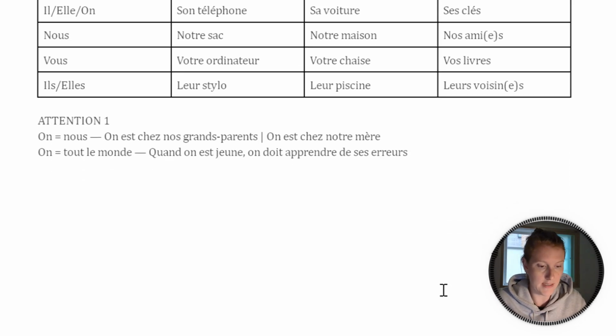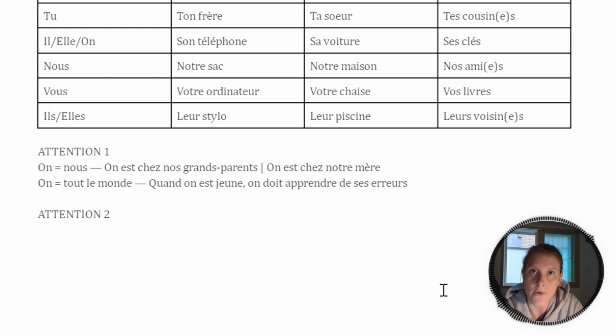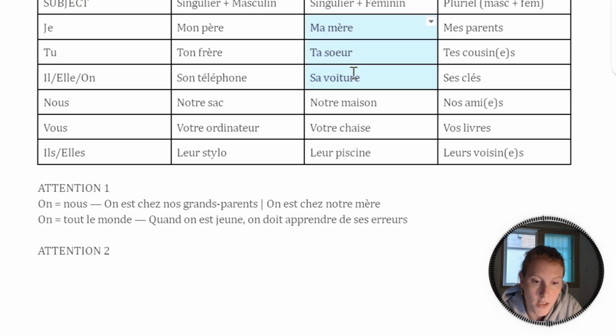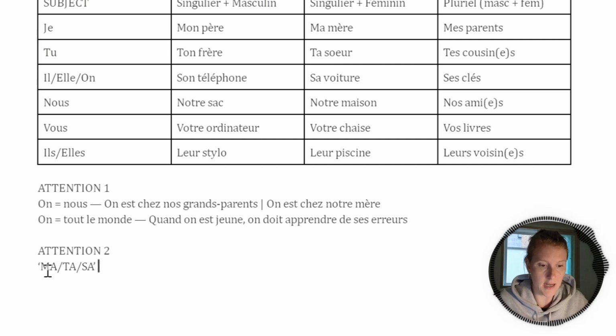Now, attention number 2. Some nouns are feminine, but start with a vowel. And as you can see in the singular form here, it's always ma, ta, sa. So it ends with a vowel. Therefore, we need to make a little trick and change it so it's easier to pronounce. Let's see an example. Okay, so ma, ta, sa will become mon, ton, son